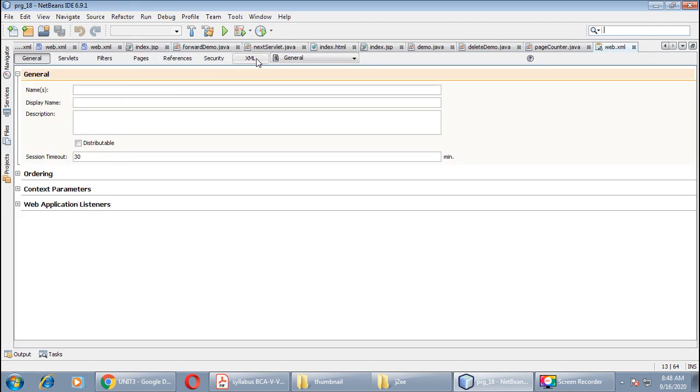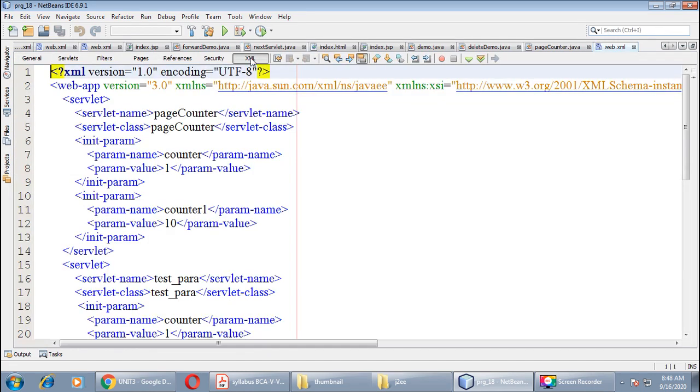Open your web.xml. Here it is. Here you can see that I have defined one parameter with the same name as I have used in my servlet.